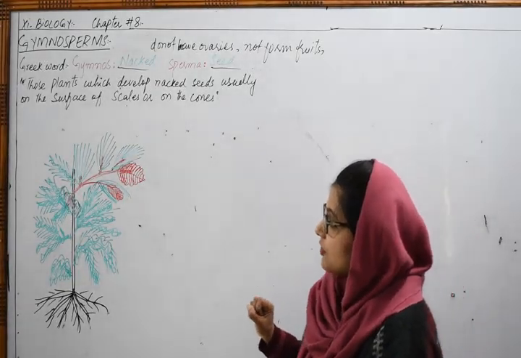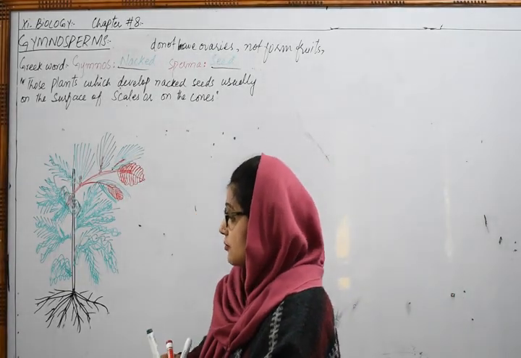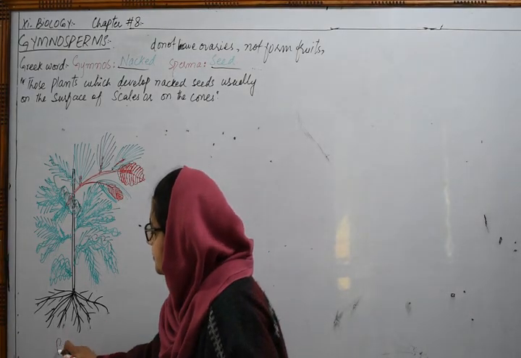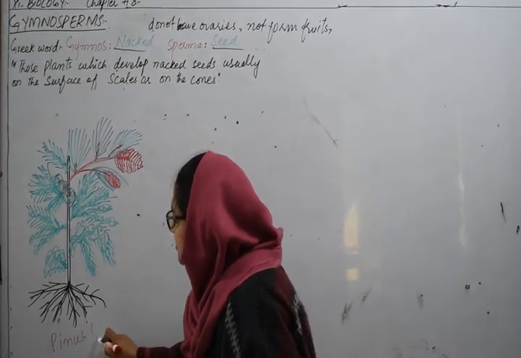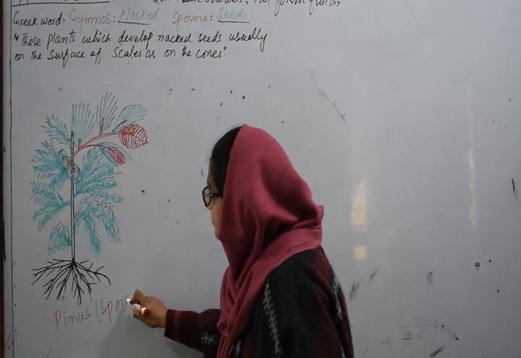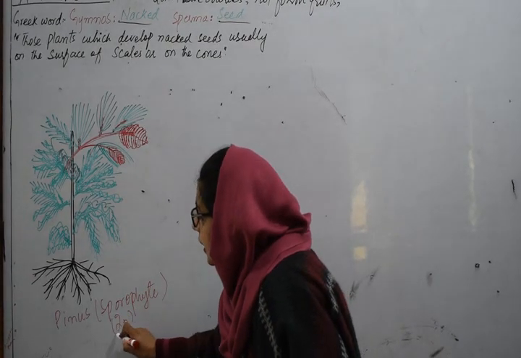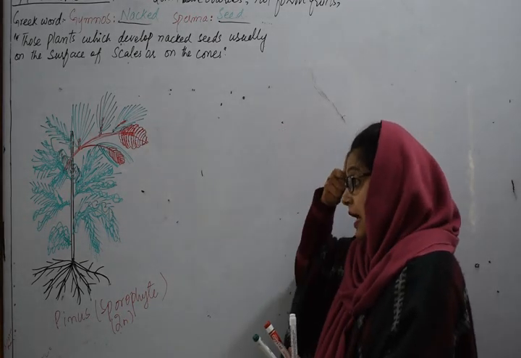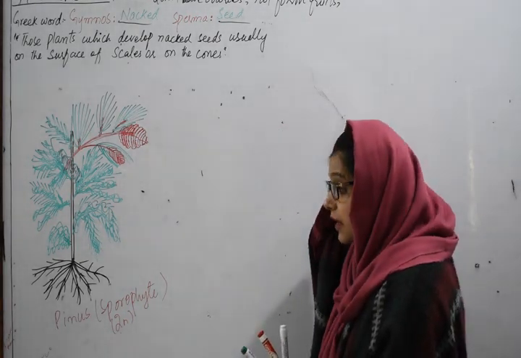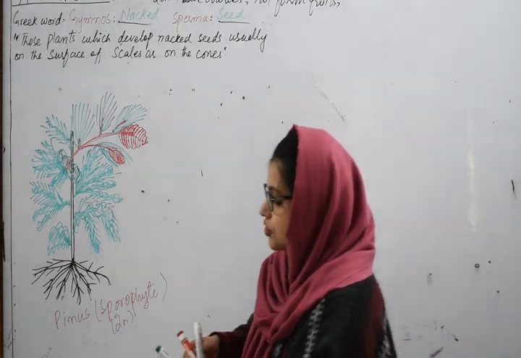So beta, up till now we have discussed the general structure of the gymnosperm. It is a Pinus plant, which is a sporophyte, and the sporophyte is always 2n, or diploid, in structure. As we have discussed, it is the main plant body, so it would be differentiated into different